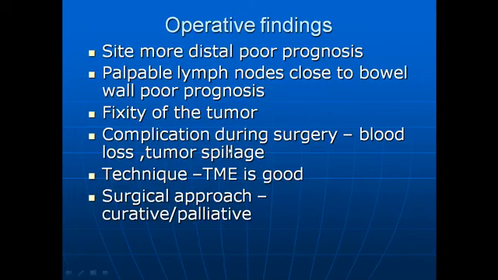Tumor spillage. Again, I discussed Turnbull's no-touch technique. Before handling the tumor, you should devascularize the area, so you should tie especially the veins and arteries. So tumor spillage is a very important factor. And in other gut surgery techniques, for example in carcinoma of the rectum, if you do a total mesorectal excision, it's very good. If you don't do a TME, the prognosis is not that good. But if you do an AR or APR with TME, total mesorectal excision, the prognosis is good.